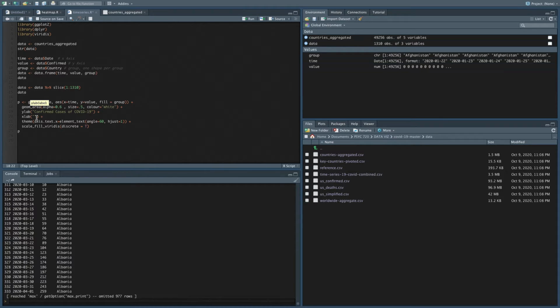YLab is the y-axis label. XLab, I don't need a label because there's going to be a legend that will tell you what countries they are, so you don't need that. So I left it blank. Theme,